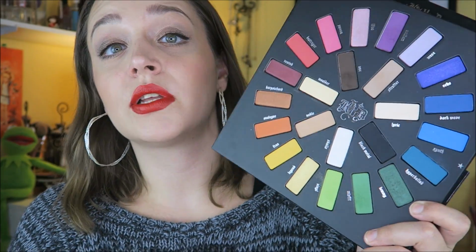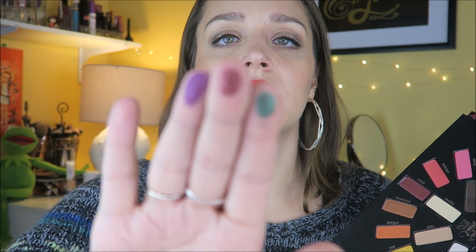So it's a very appropriate palette for a lot of people, even though at first glance it looks kind of crazy. But I have just been loving it. So this is actually a really, really versatile palette, and the shadows are just so beautiful. They're so pigmented and they just blend so beautifully. Look at these colors. Isn't that gorgeous? So I have just been loving this palette so much over the last month, and I wanted